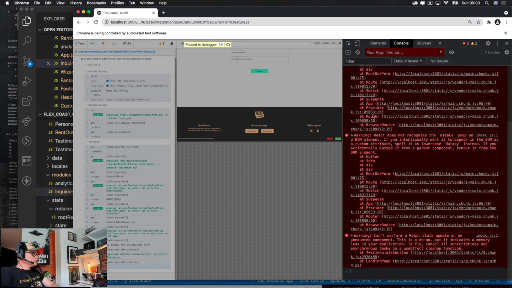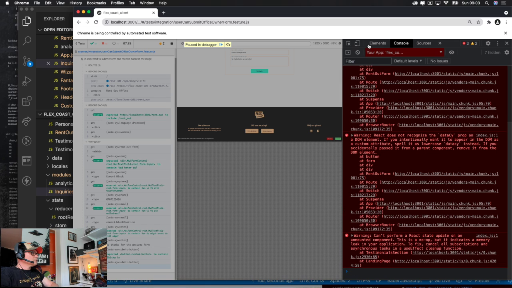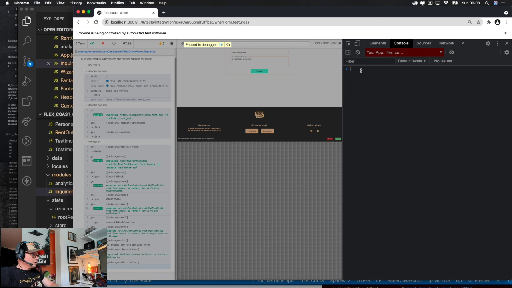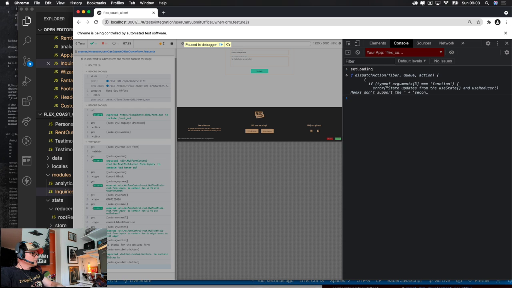So what is set loading? But this warning already appeared before I hit that debugger, so that couldn't be it. But I'm just curious what set loading is. A function, right? Okay.